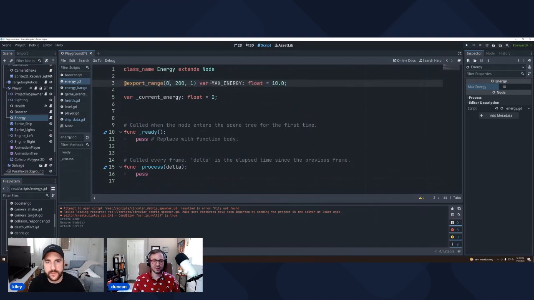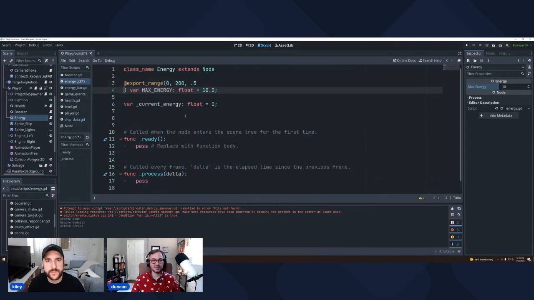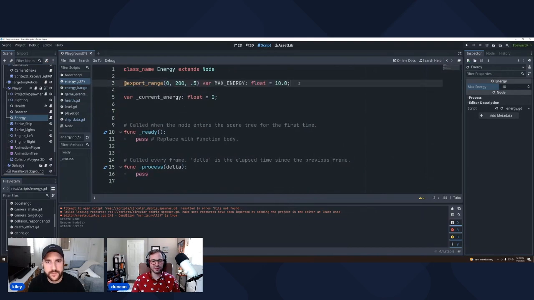So we'll say max energy, probably, well, maybe there'll be ships that don't have energy, right? So we'll do 0, and then, I don't know, 200 seems good. And then we can actually set the increment here, right? So maybe 0.5. And now in the editor, you'll see you actually have something you can drag. That's cool.